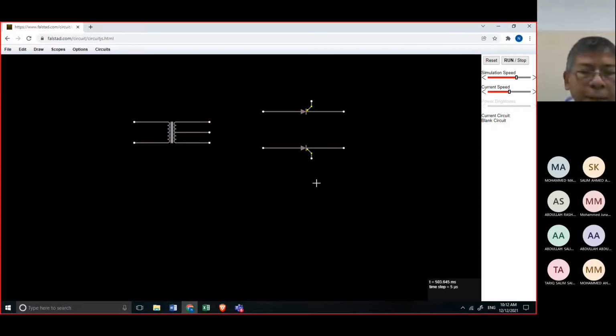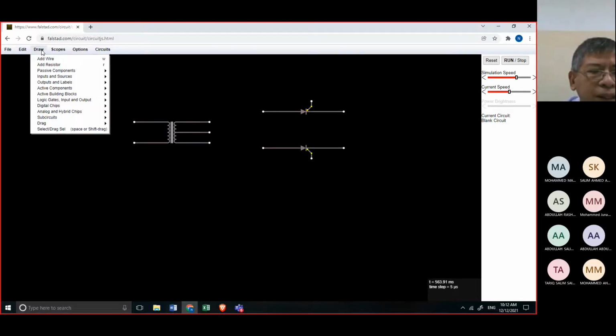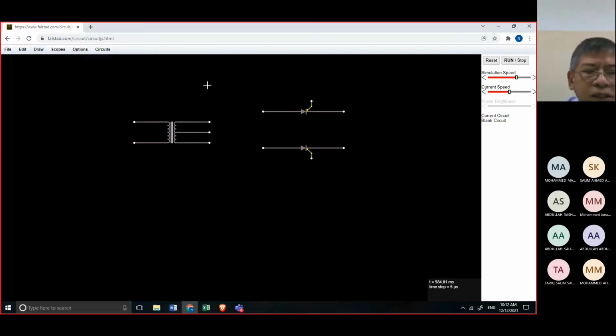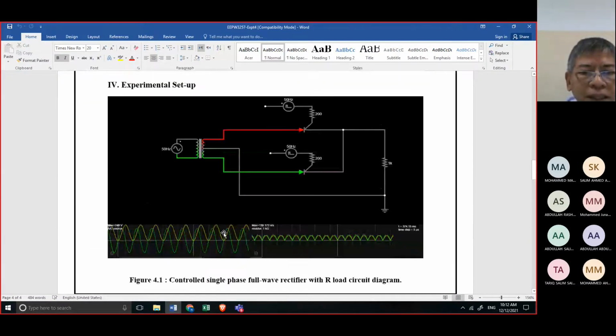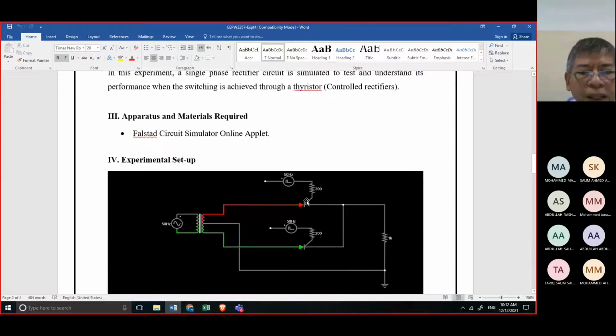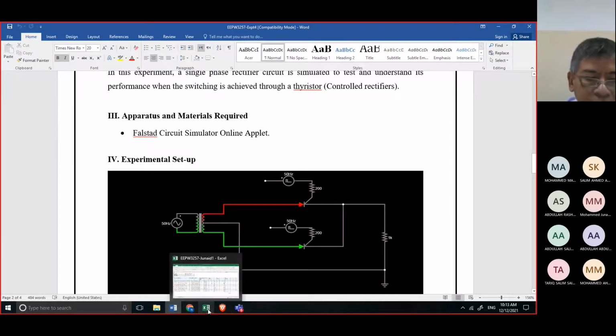And then from here, you will do the connection. We need to put a resistor here. We have a resistor, as stated in the diagram, by the way. You just follow what is stated here. This is the schematic diagram: two SCRs and a resistor, and a pulse signal going to the gate.